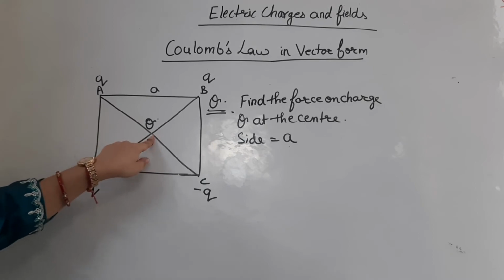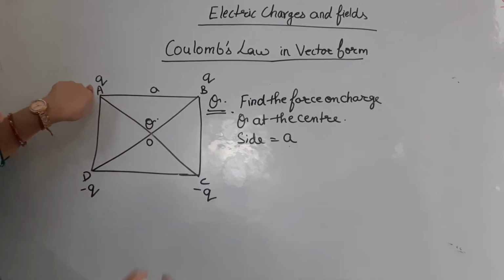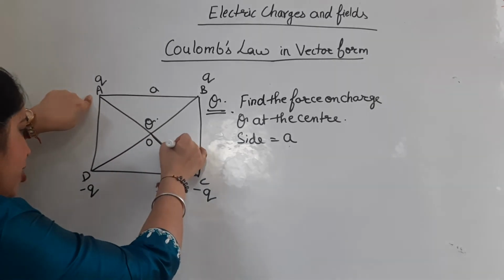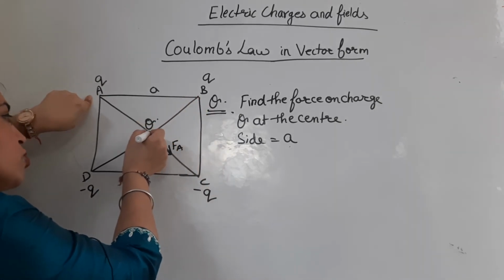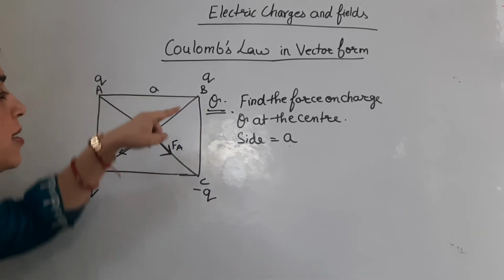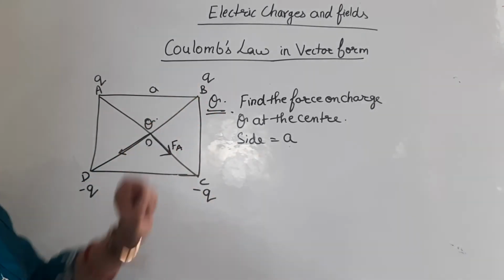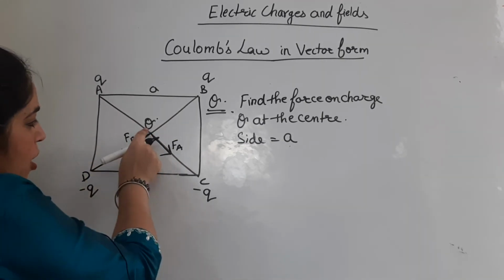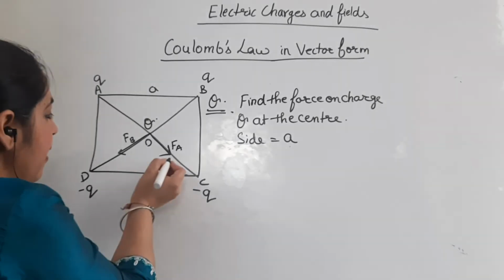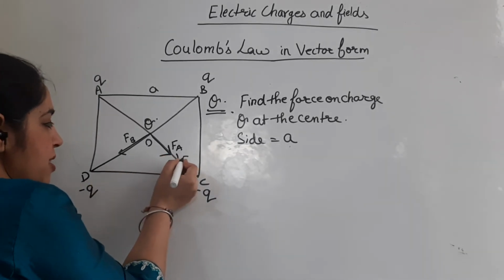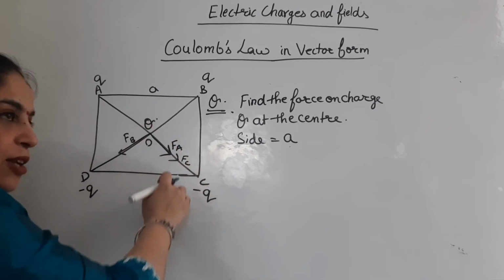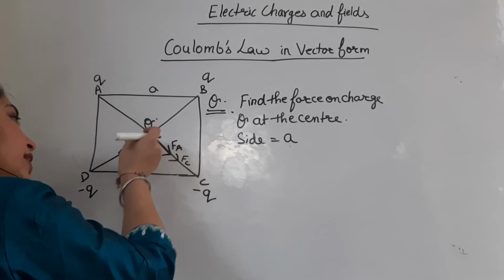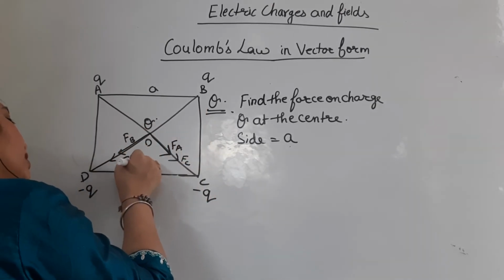Now, at the center, because both the charges are positive, the force will be outwards because it will repel. So this will be the direction FA. Due to B also, the force will be outwards, because it is a similar charge, it will repel. FB. Now for C, it is an opposite charge, positive and negative, it will attract, so the force due to C will be inwards, in the same line. So this is FC. For D also, it would be outwards, but it will be inwards. So this will also be FD.